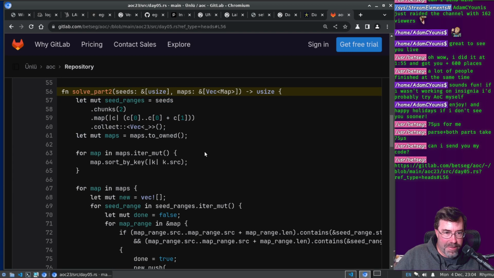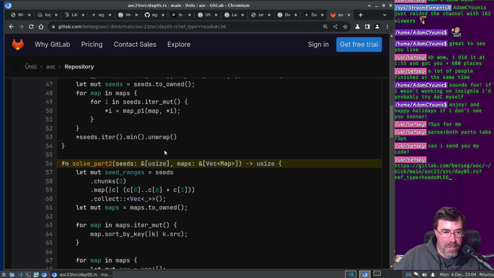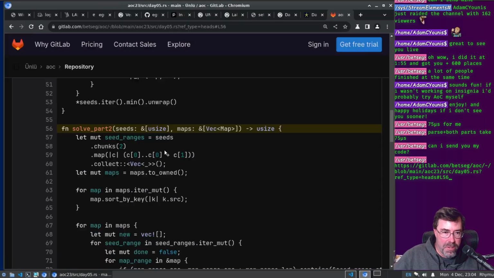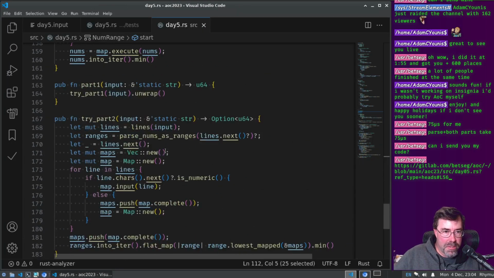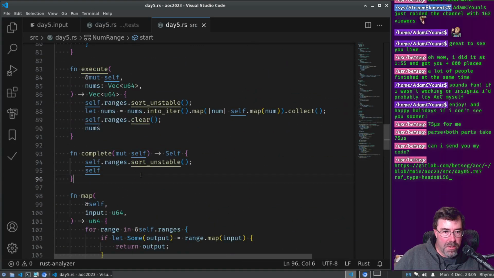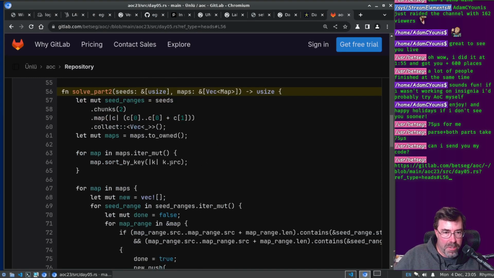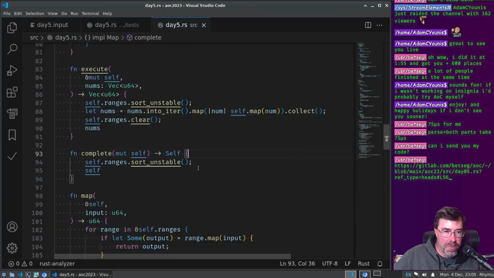I'll give you that. Then you're sorting them. Same thing, I sorted them in my code right here, sort unstable. You did sort by key, so I did the more verbose way.